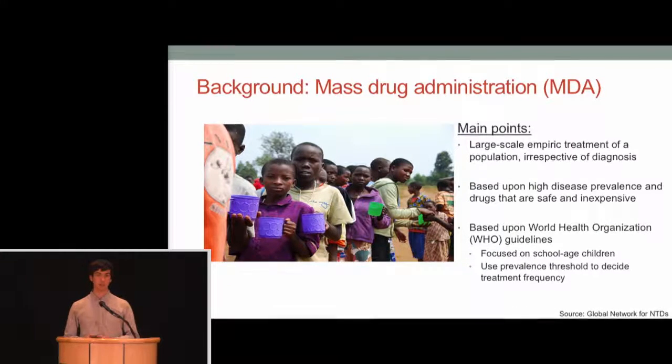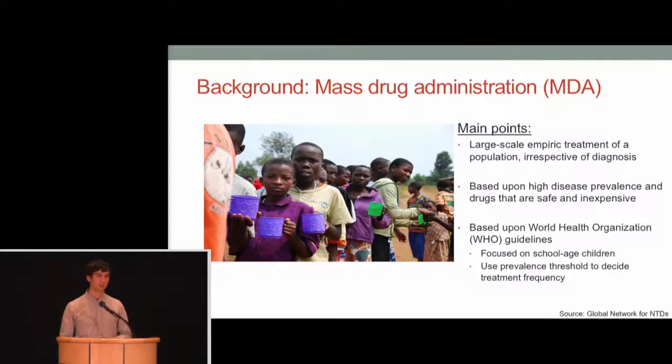Now, the public health strategy that we've scaled up globally is known as mass drug administration. This is one of the largest public health programs in the world, and it is large-scale, empiric treatment to entire populations. Practically, a healthcare worker or school teacher will set up shop and provide medicines to entire populations. This is because the medicine has a very safe profile, it's often donated or inexpensive, and the infection prevalence is often so high that it's cost-saving to treat entire populations rather than the test and treat that we're used to.